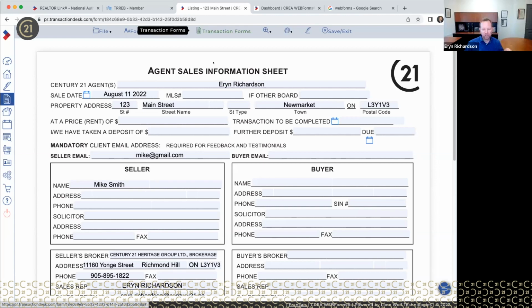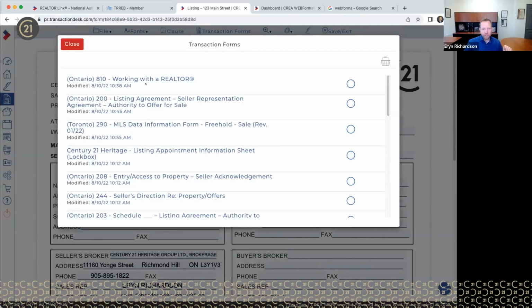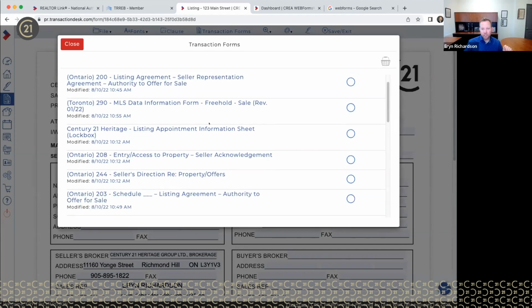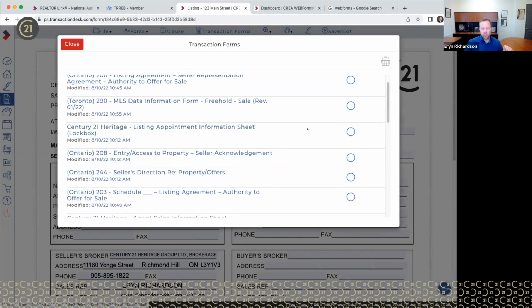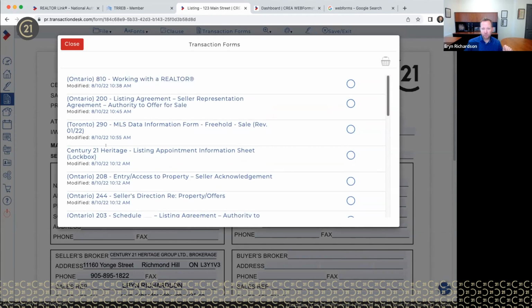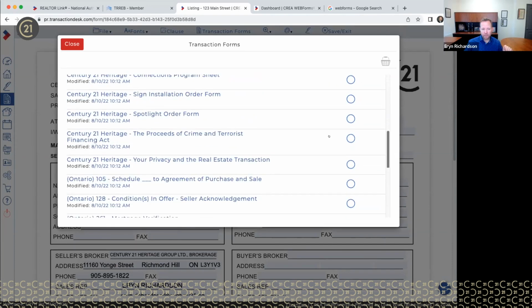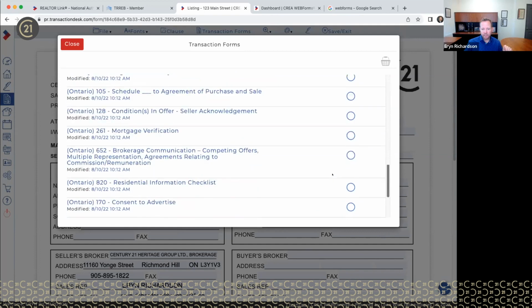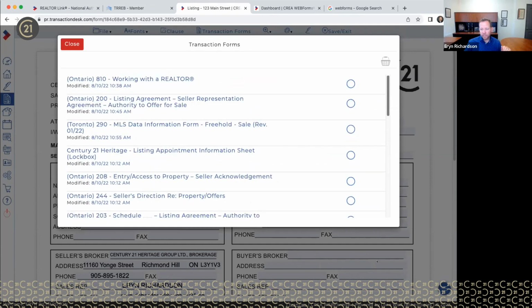Okay, so now we've sort of got everything we wanted within this transaction. So it's all saved, right? Going back over to here, you can always go back in. Let's say you go to the dashboard, and let's say you do want to send it to Authentisign. You can go into your transaction, go into your forms, and choose what forms you want to send over to Authentisign, have signed. So you go to your form section, say, I want to have this one done, and this one done, and any of the other ones you want to have done, schedule, right? And you've got a basket here. Literally click on the basket, send to Authentisign,